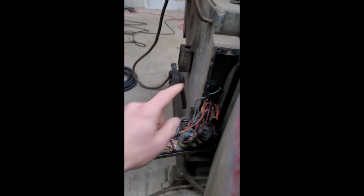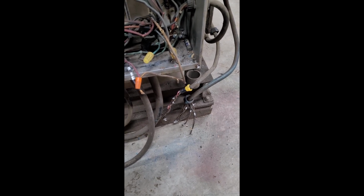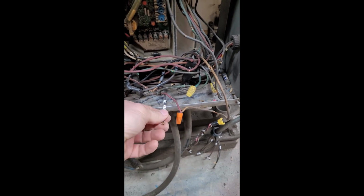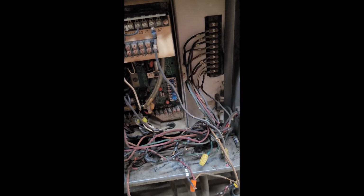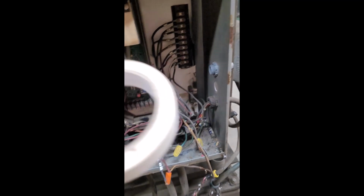We have power coming into this box, so that comes from that switch over here that's missing, so that comes in over here. We have that going into this terminal strip primarily on the bottom. Then we have the foot pedal, which I've already taken one wire up. Ooh, pardon my cameramanship. Got one wire disconnected here, and that runs up to this terminal strip up here, and this wire is like 16 gauge or whatever, 132. So we've got one of them numbered, and I went and brought some masking tape out to mark some